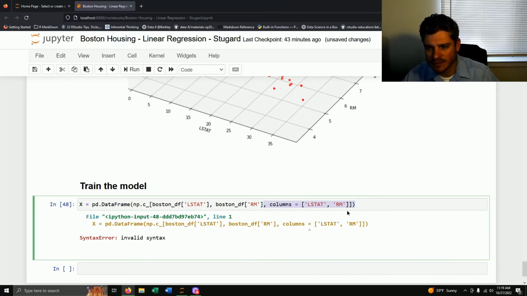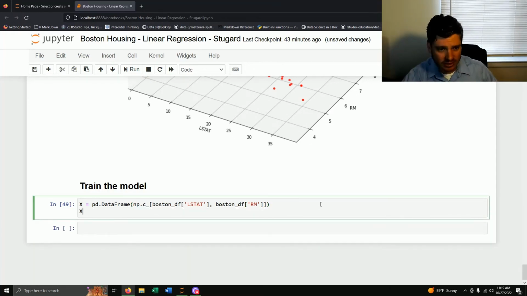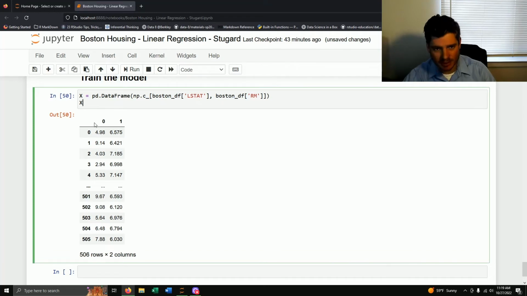All right, well, let me see if I messed up any of the other code. So I'll cut that. Everything should match up. Good, that worked. If I look at X, yeah, okay, that all worked. Why didn't naming my columns work? So yeah, we have all of our rows. Again, this data frame is just the 2 variables, which is nice. So the data frame,